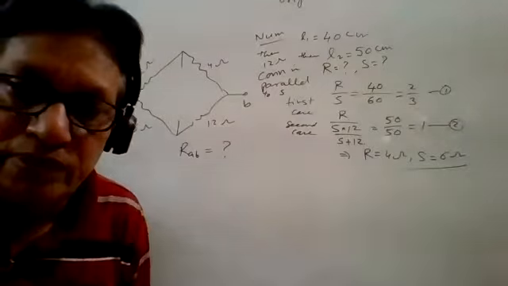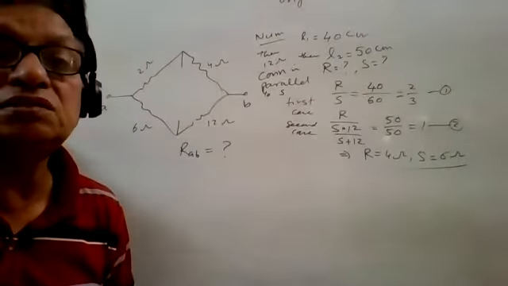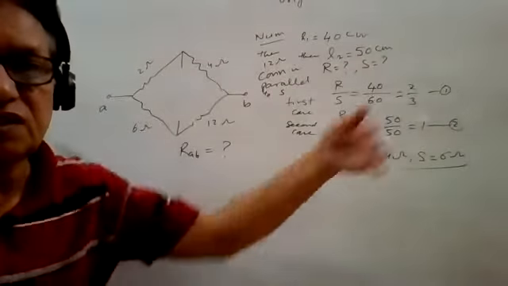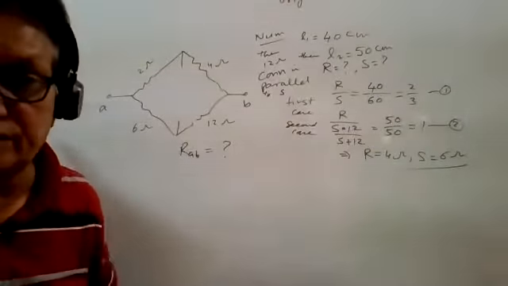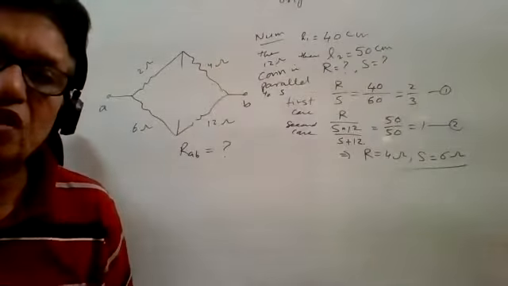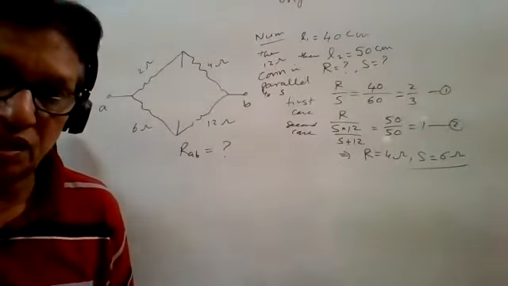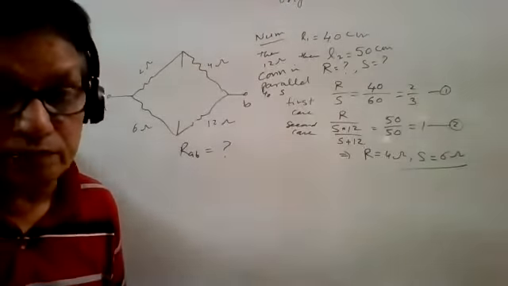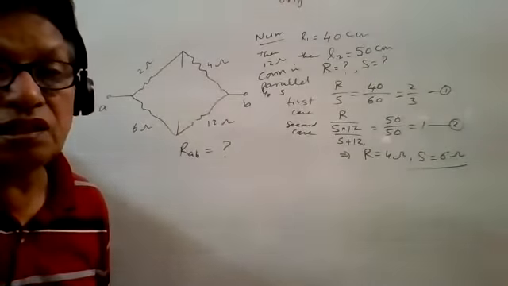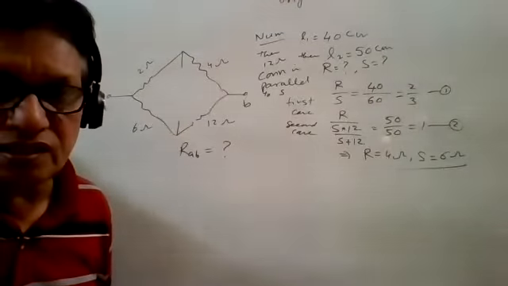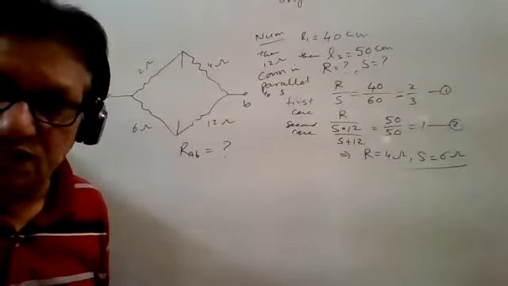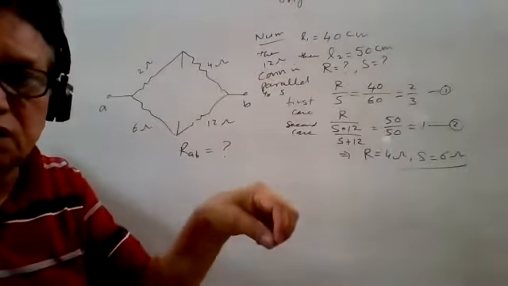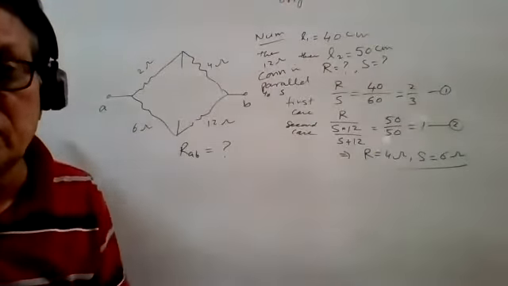It means it is desirable to have the balance point approximately in the middle. Middle means say 40, 60, even 30, 70, okay, but not 10 and 90 or 15, 85, no. Got it? Because it will give you less error. That is why it is always desirable to have the balance point in between. It can be adjusted by changing the resistance R.